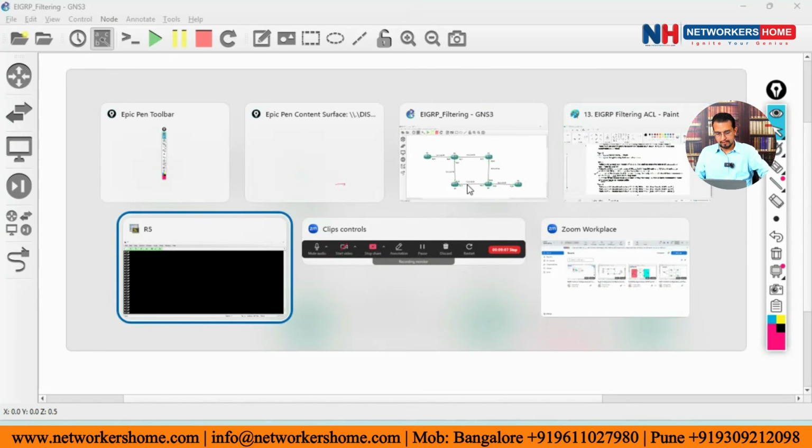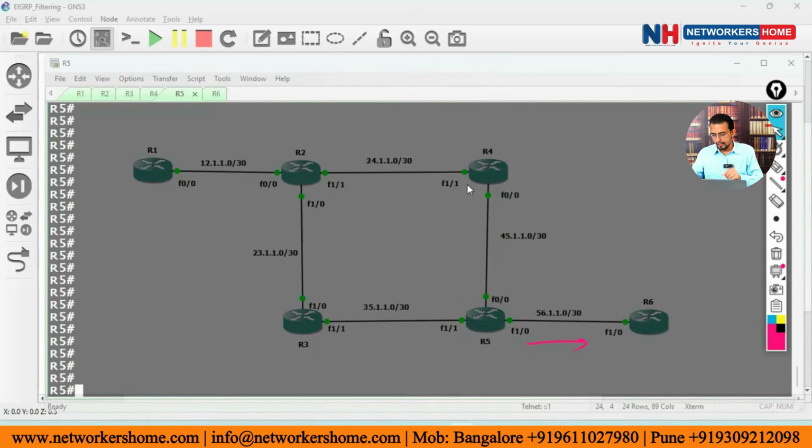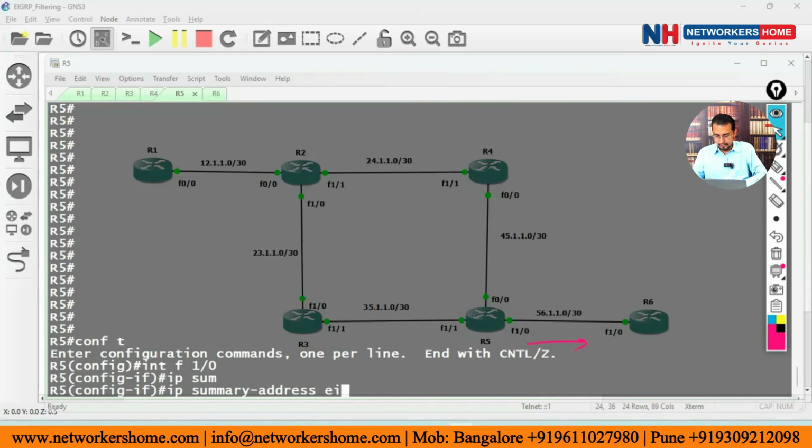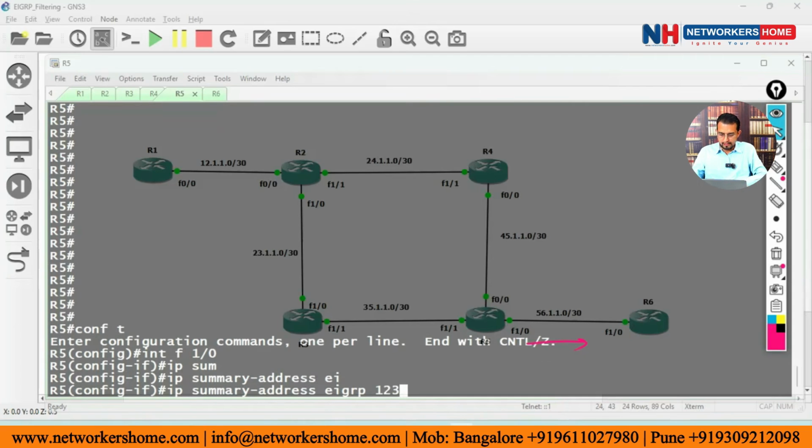We go on to R5, and the command is config, interface F1/0, ip summary-address eigrp 12345